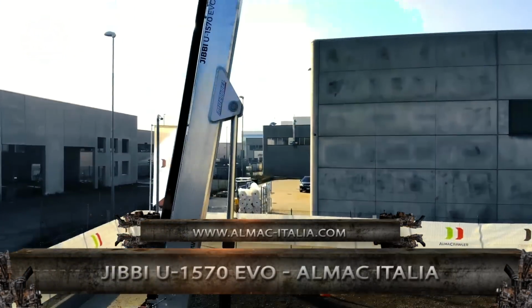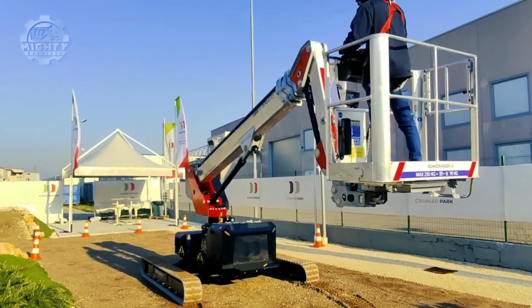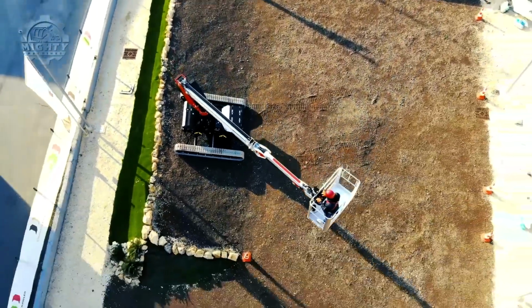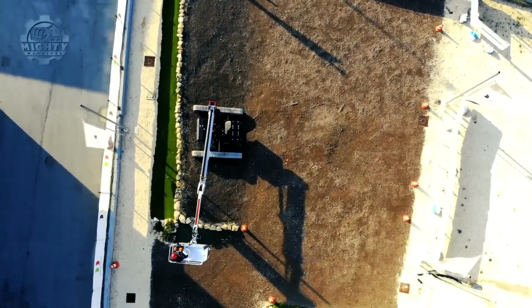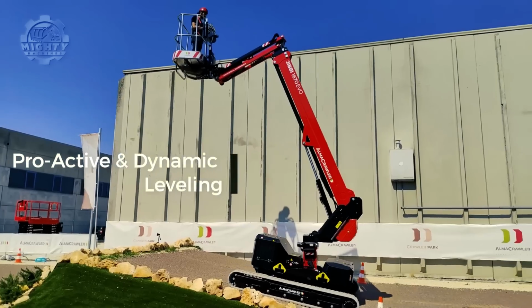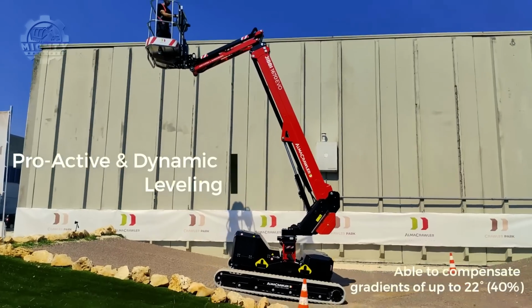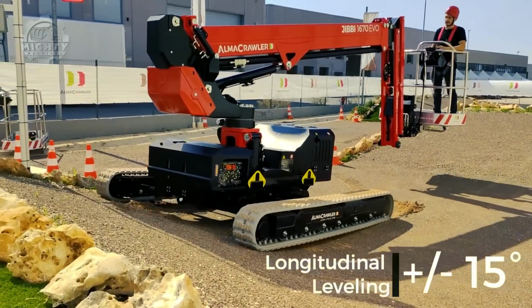ALMAC and Multitel Pagliero have successfully manufactured this ultralight telescopic crawler platform called the JIBBI U1570 EVO. This was produced using a special aluminum alloy that makes a sturdy yet light structure possible. Due to this, it's able to work at heights of up to 15.40 meters. It has an approximate weight of 2,900 kilograms, which also contributes to how easily it can be transported with just